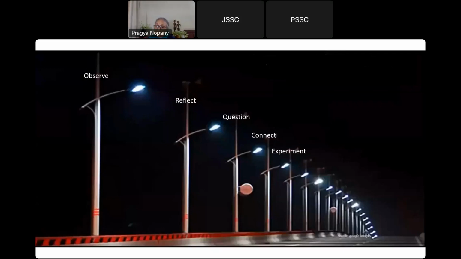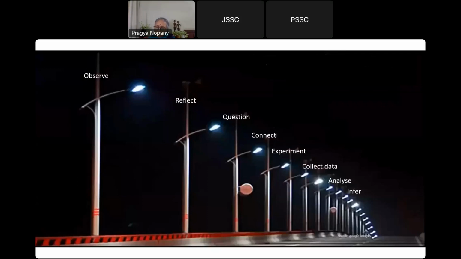Then experimenting. How do they design an experiment? What are the things that can be explored? What are the things that can be measured? And then how do we collect data? How do we tabulate data, or how do we represent data, maybe through graphs or charts or whatever? Then how do we analyze this data? If we analyze the data, how do we make inferences from there? And if we make inferences, can we review them?